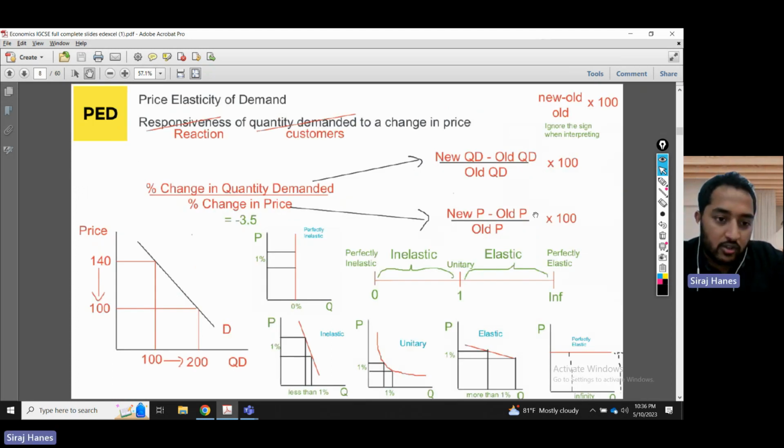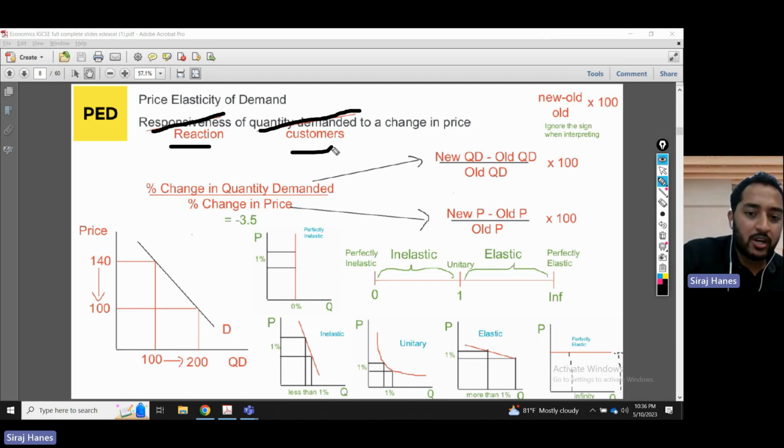We're learning the concept of price elasticity of demand. This is often a concept that is confused by a lot of people, so let's try to take it a little slower here. Price elasticity of demand is the responsiveness of quantity demanded to a change in price. But is it fair to say, if I cut the word responsiveness and said reaction instead, it's a similar word? And if I cut the words quantity demanded and say customers, because customers are the ones who demand?